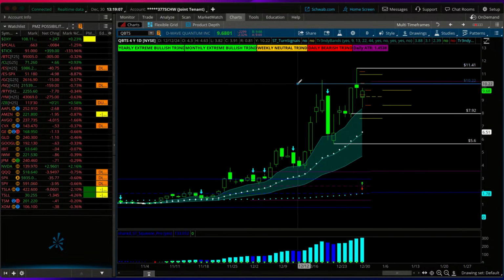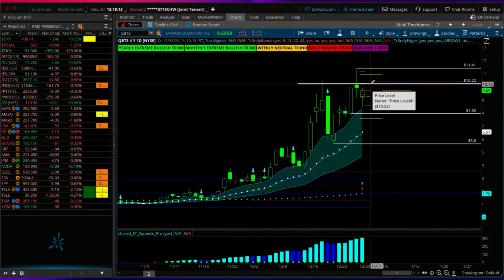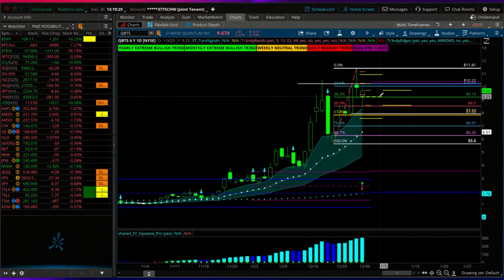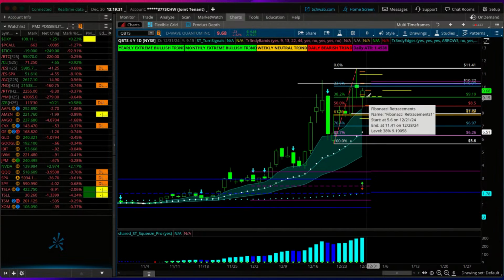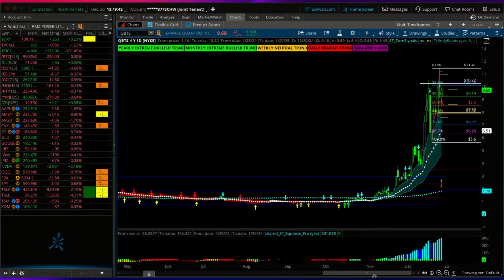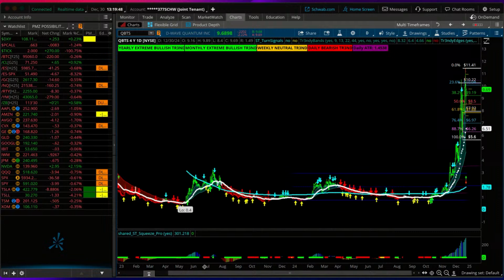First, TJ, here are some areas to trim at if you have not already trimmed your position. 10.22 by 11.41. Now let's measure and find our bull channel, which is $9.19. So as long as the daily candle closes above $9.19, I would stay in the trade, again targeting 10.22 by 11.41. Above there, so a supply zone above this level,